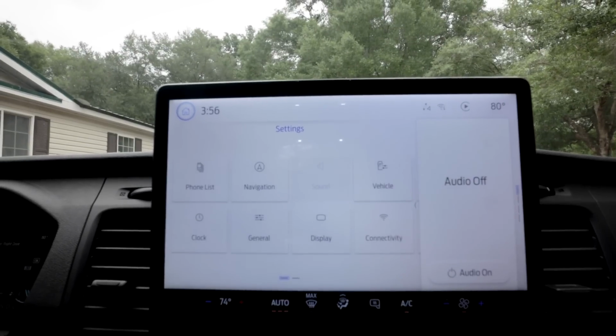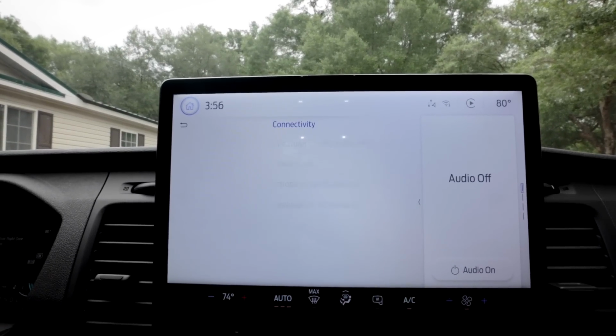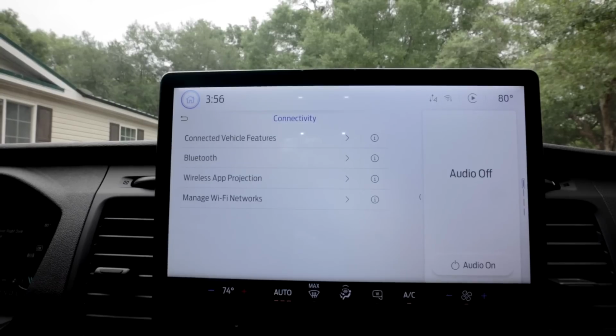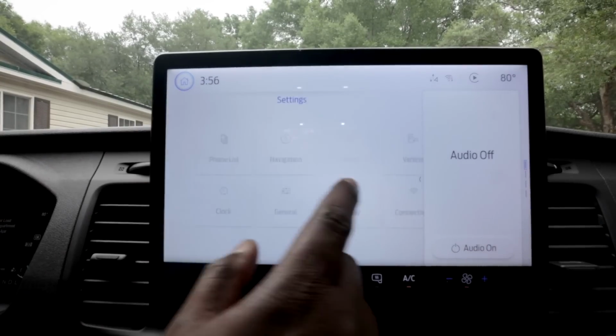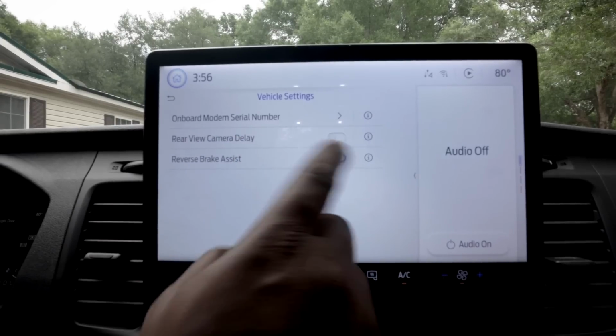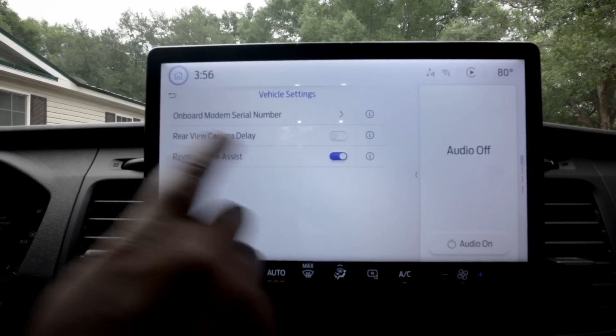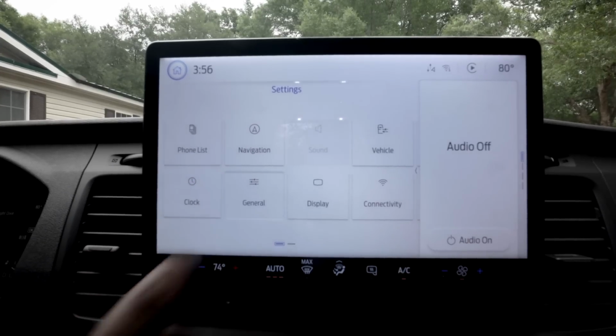So let's go to settings in here. So you've got like connectivity. I think you can have Wi-Fi in this. So you actually have your own Wi-Fi that you can do. I haven't done any of that yet. Here's the vehicle settings, rear view camera. You could do a delay if you want. Brake assist is on. Let's see, navigation, general,